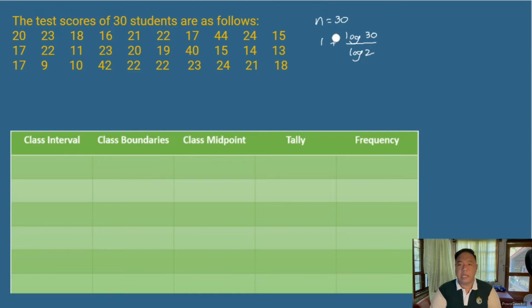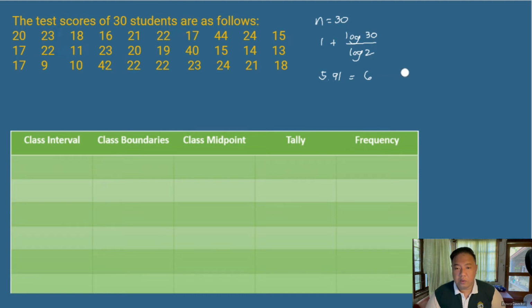So, ano pong lalabas dyan? Let us use your calculator. So, that is 5.91, or simply that is 6. So, we're going to have 6 classes. Okay? So, magkakaroon tayo dyan ng 6 rows natin. 1, 2, 3, 4, 5, and 6. Okay? So, with that,